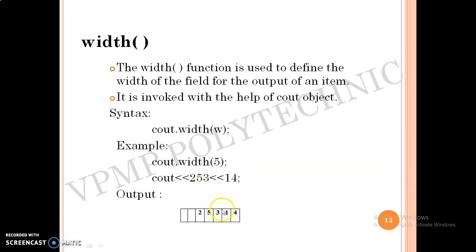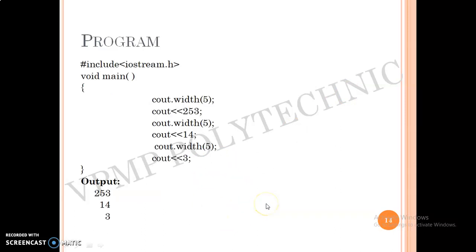Then 253. So a total width of 5 is occupied, okay. So the width function is used to define the width of the field for the output of an item. As we have assigned a width of 5, a total of 5 characters has been assigned in the output, okay.